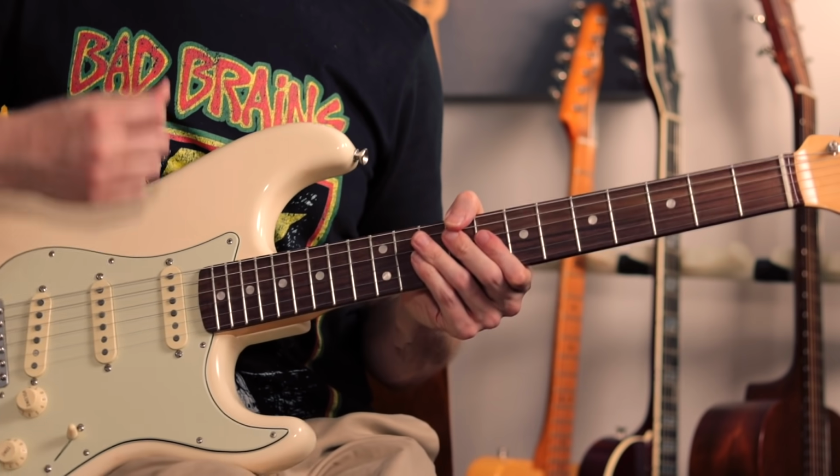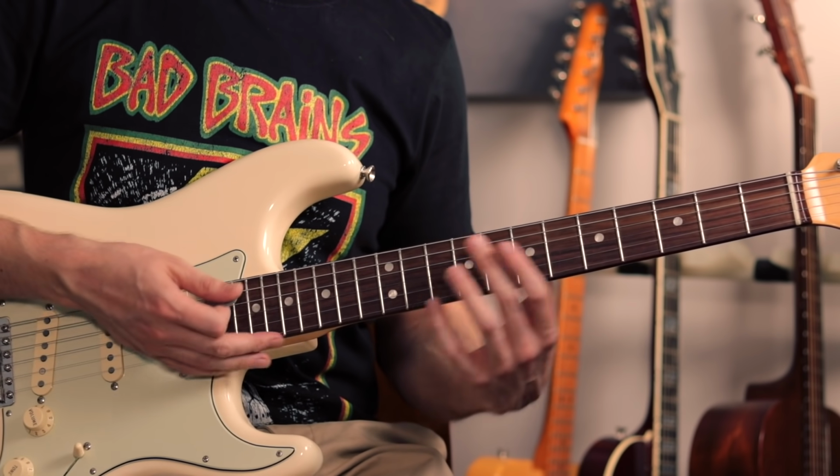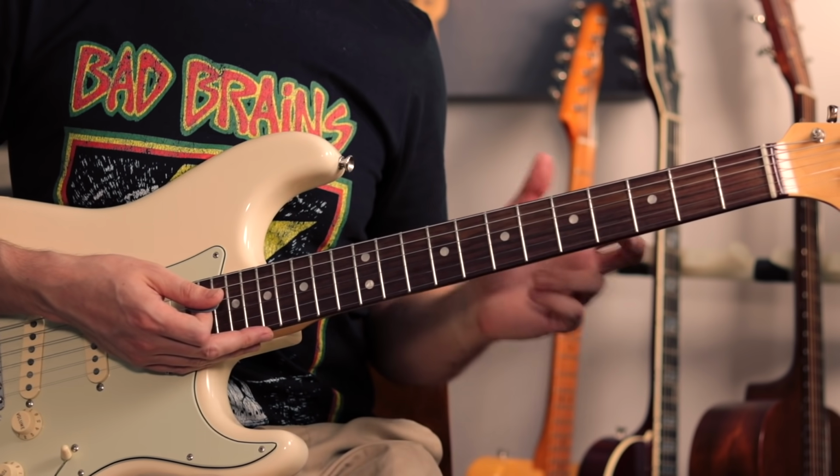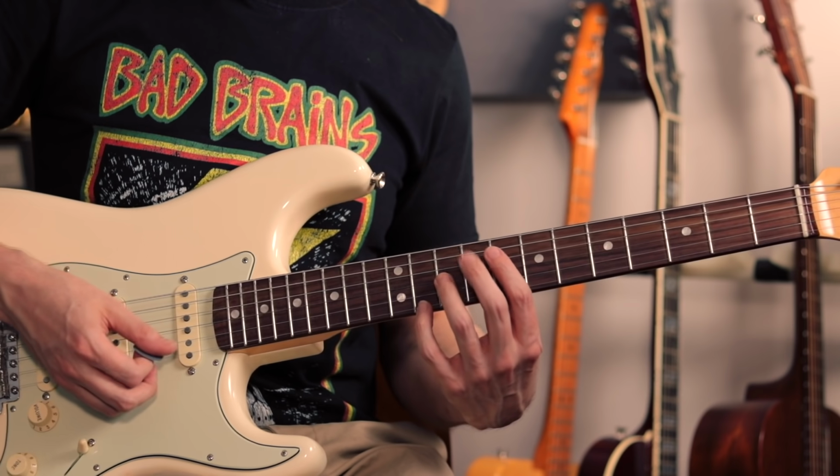And let's talk about the rhythm here and the strumming hand. So we're really just playing 3 hits on each of these chords, and then the delay effect is doing the rest of the work for you. So what the strumming hand is doing is this: we've just got